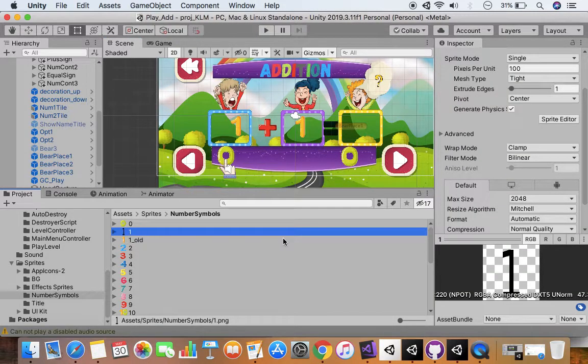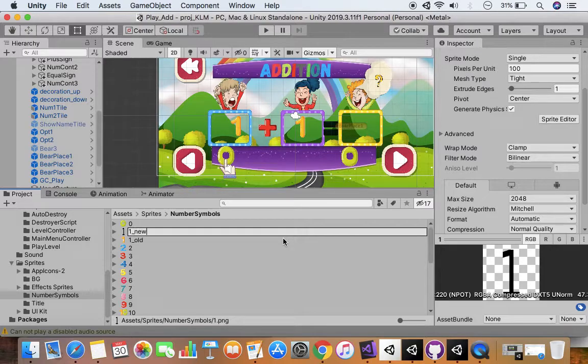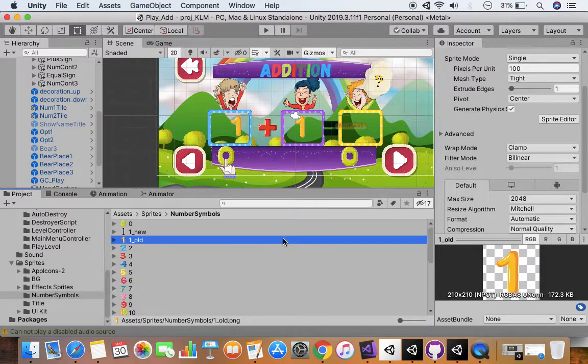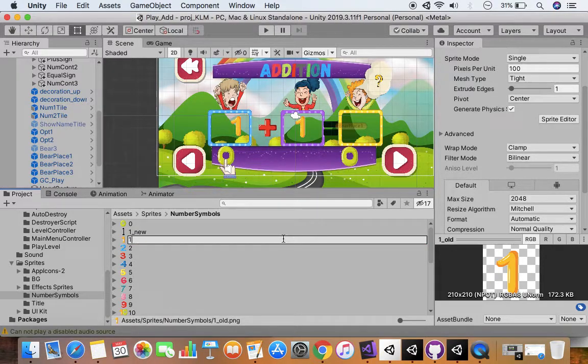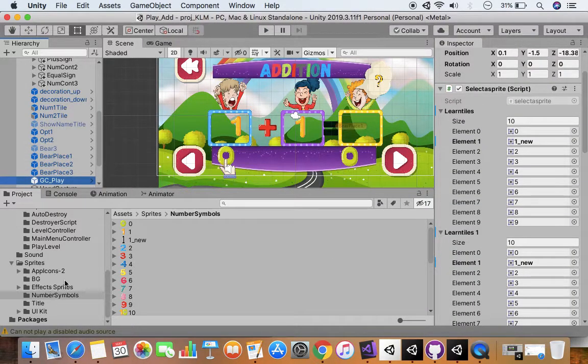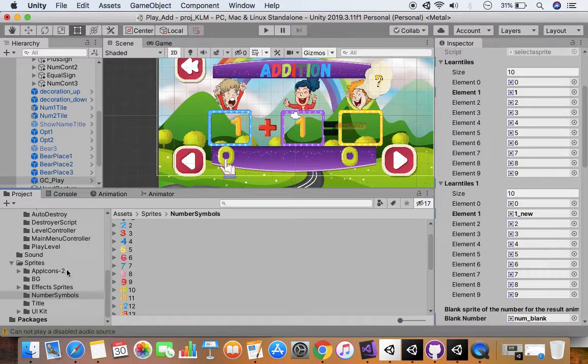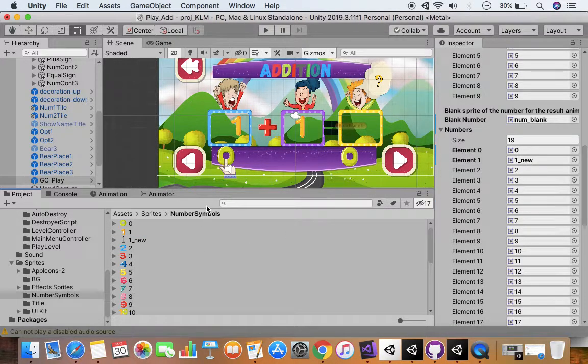So again I will revert it to the old one. How? Again I will name this sprite 1, and go to my game controller underscore play. I'll paste it, 1. Again I'll go here and paste 1.